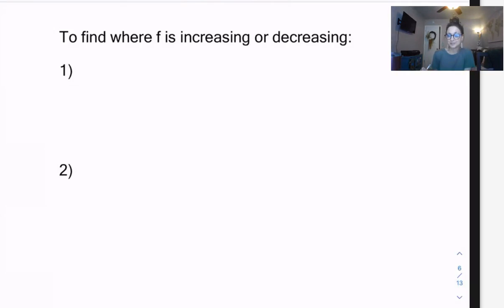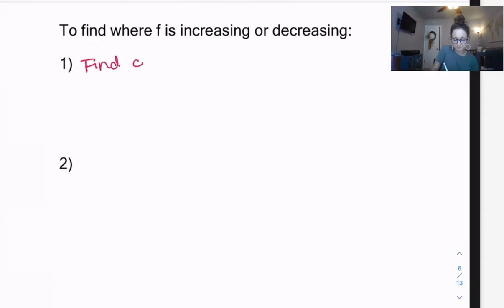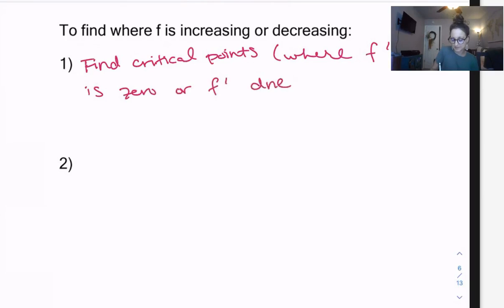All right, so let's use this information and see if we can find where f is increasing or decreasing by hand. So please write this. To find where f is increasing or decreasing, two steps. The first is we're going to find the critical points. And look at your notes that you just wrote. Critical points are where, this is very important, f prime is 0 or f prime does not exist, okay? The second thing we're going to do is make a number line